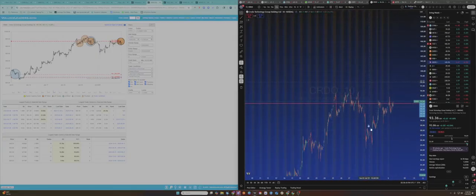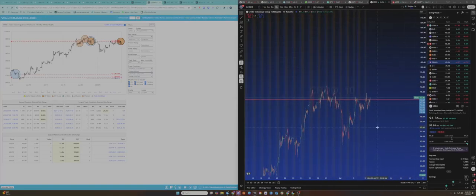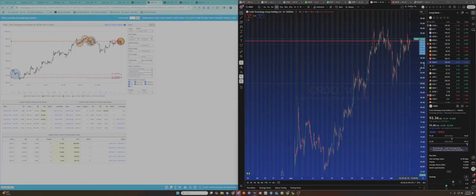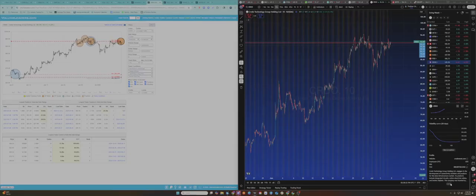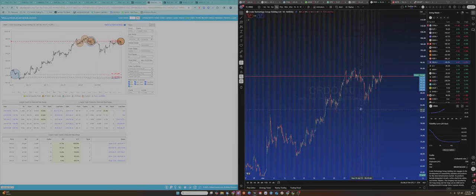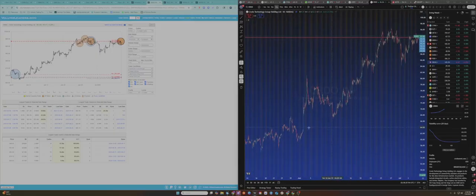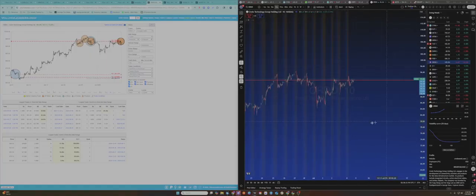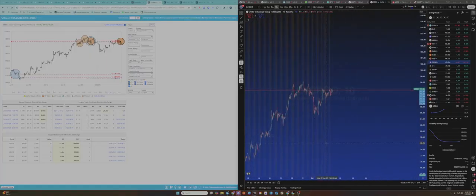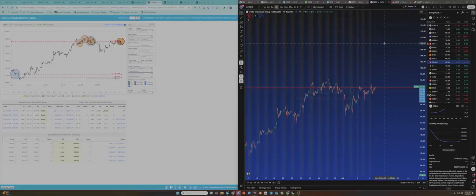So on a lower time frame, we've got somewhat of an inverse head and shoulders here. But on a higher time frame, it looks like it's about to roll over. So we see a theme here that there's a lot of different tickers that look like they're about to roll over. After a parabolic run, which usually is a signal that you should be cautious in any longs that you're in. But CRDO looks like an interesting one for sure. We'll keep that marked down.